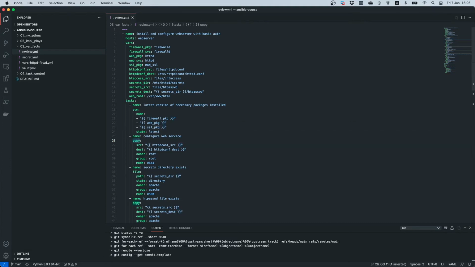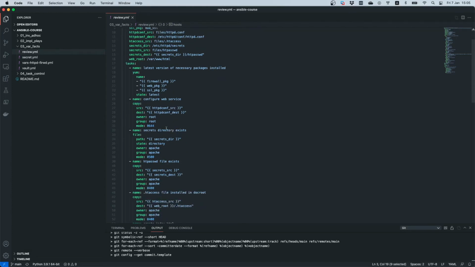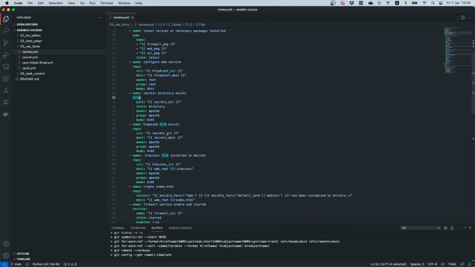We copy the necessary settings files to the destination, on the Apache destination, on the machines that are included in this group, the web server. So we use also the file module in order to check if a path exists on the remote machine. This would be very useful in your exam where a directory is needed to be created. So we again use the copy module and we copy some files to the destination machines as specified from the